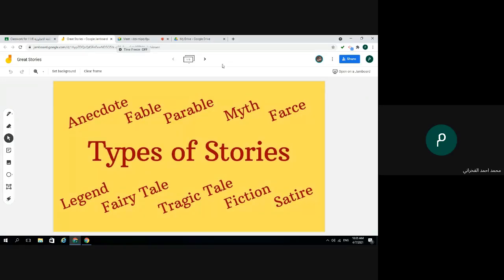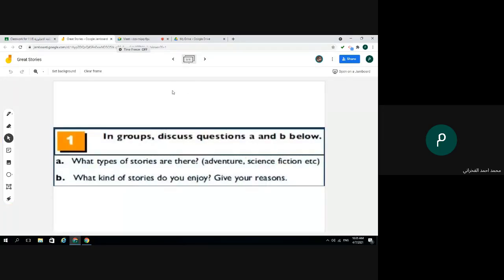We are going to discuss these types of stories. Who can tell me what type of stories do you know? First, do you like reading stories or short stories? Yes, I like reading every day, almost.